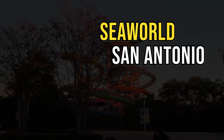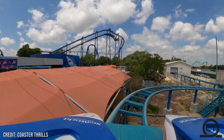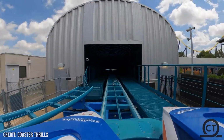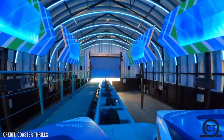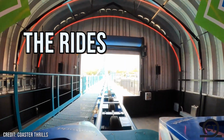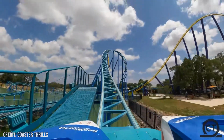Next up, we have SeaWorld San Antonio, located just 19 miles outside of San Antonio. This is one of the largest marine life theme parks in the world. They place a lot of their focus on conservation, education, and animal rescue. And I wouldn't say that this park has many thrilling coasters, but it has a lot of great family coasters,